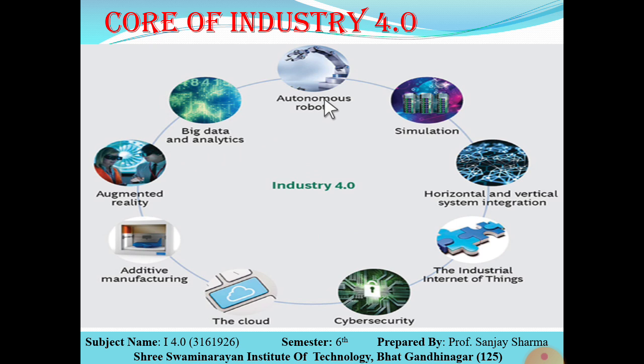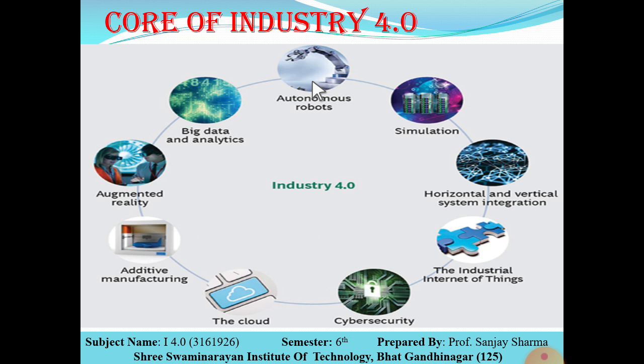Autonomous robot means the robot is operating automatically. The program is fed and it works and does its job automatically. Why is it termed autonomous? Because if there is any error in the operation, depending on the previous data, it will correct it automatically and remove the error. It is just like a closed loop system. In control engineering we have seen what a closed loop system is. In a closed loop system, if there is any error, it is automatically corrected.